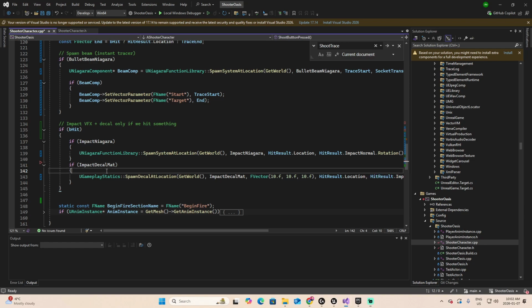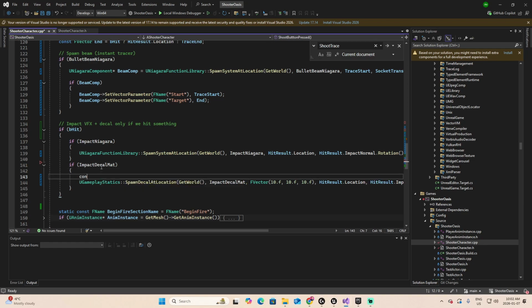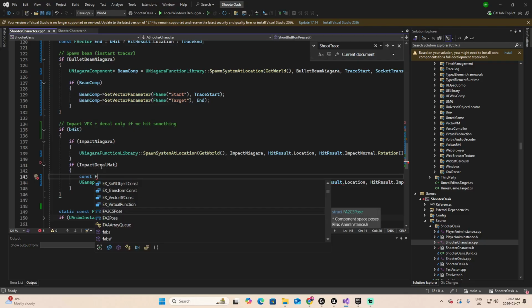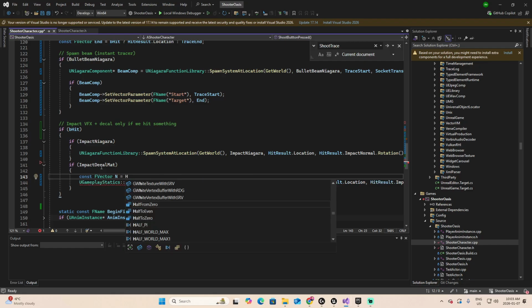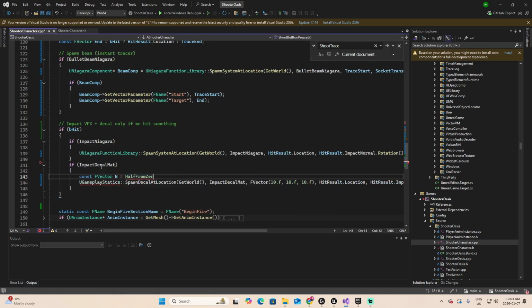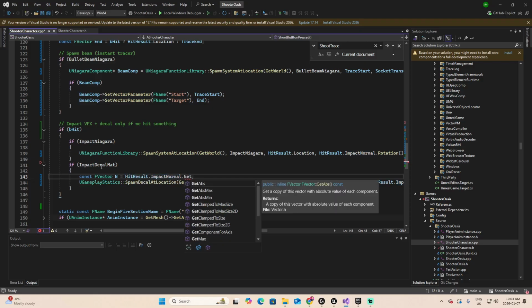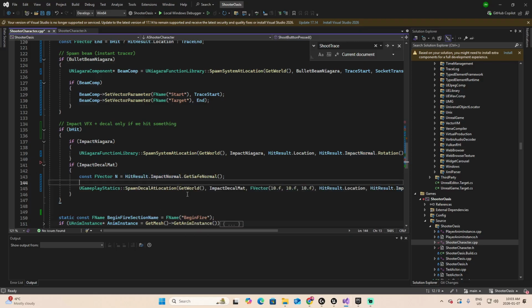For the ImpactDecalMat, I'm going to make just one extra thing, which is I'm going to add an FVector. Let's call it N, which will be the HitResult ImpactNormal, GetSafeNormal. And then in the parameters, let me check them in order, will be